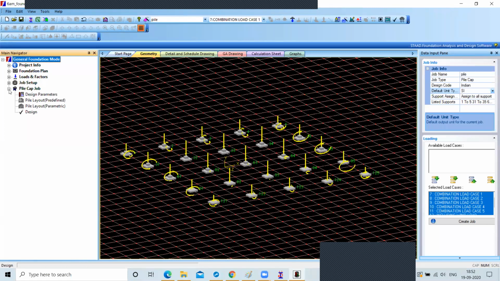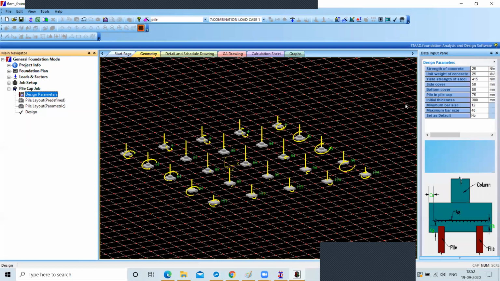Click on the pile cap job. Click on the design parameters. This is all about the design parameters. What type of design parameters are there?